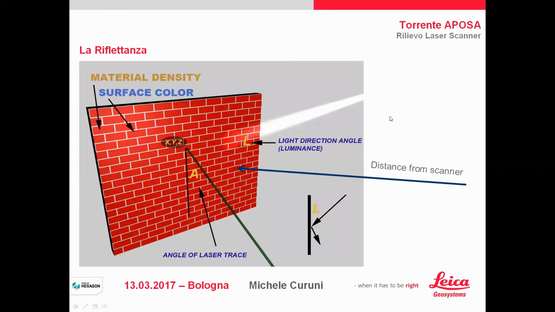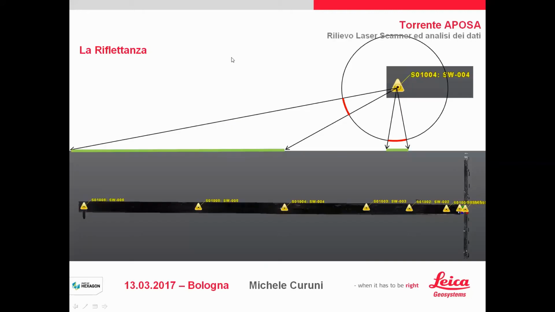Okay, this is only a shot of a previous slide. You must fix it in your mind. These are the four things that influence the reflectivity value, because the reflectivity value influences the precision value, so the noise of the point cloud. Okay, this is important. I won't spend more words on it, but I'd like to spend